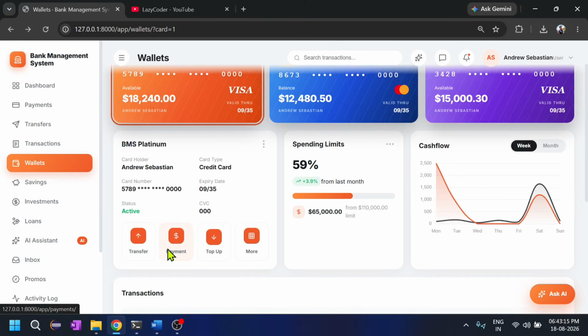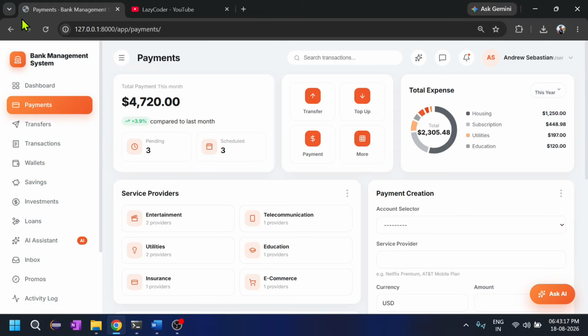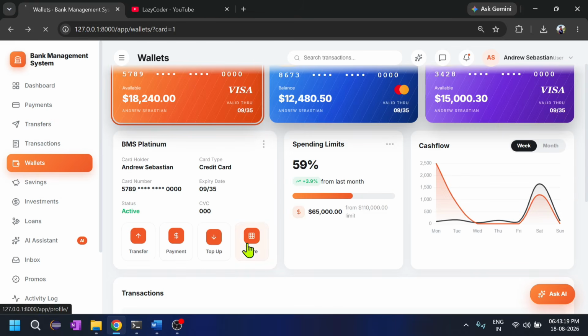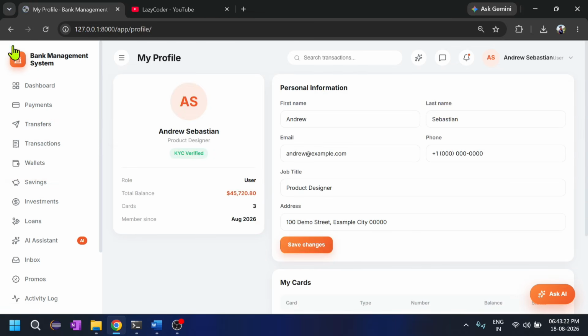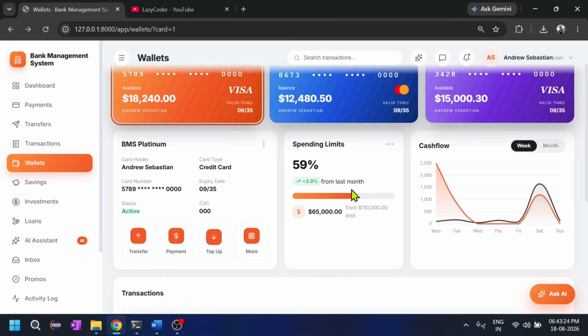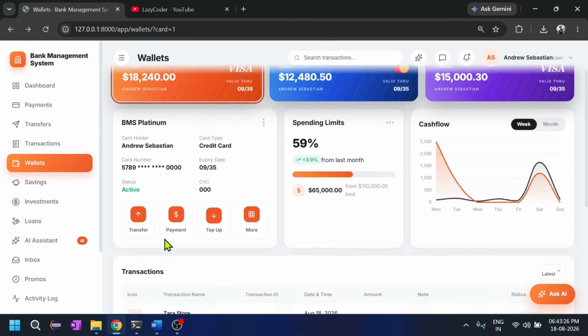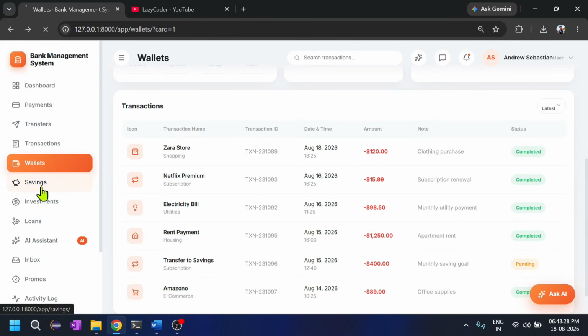And payments is there, like top up is there. So you do not have to go to each page and make those changes. From here only you can do this. And if you go to the savings,